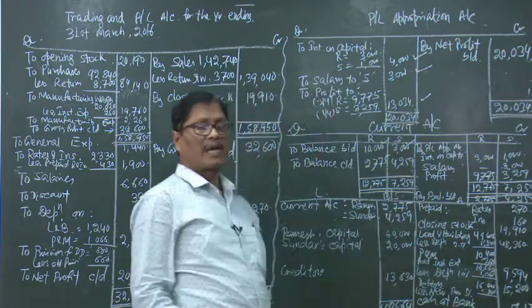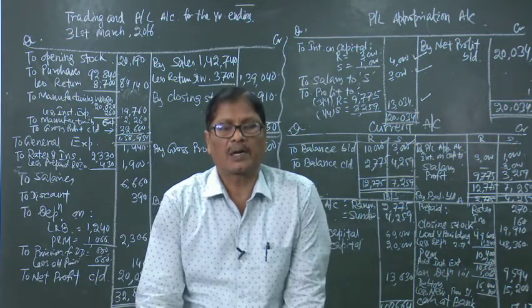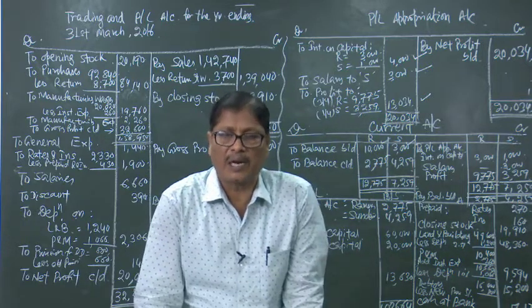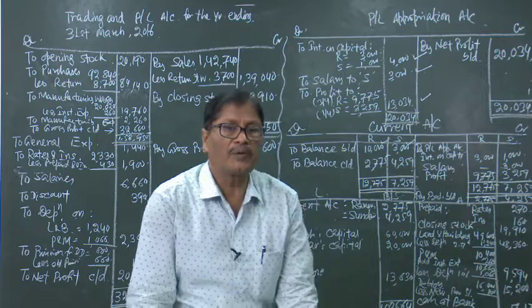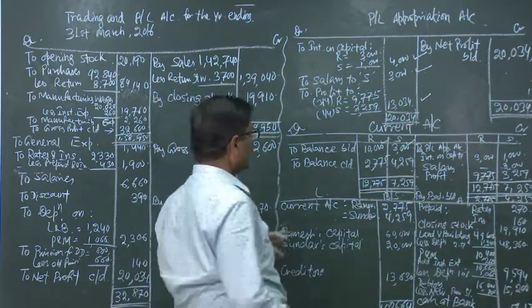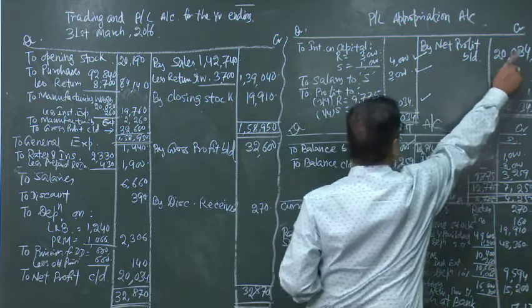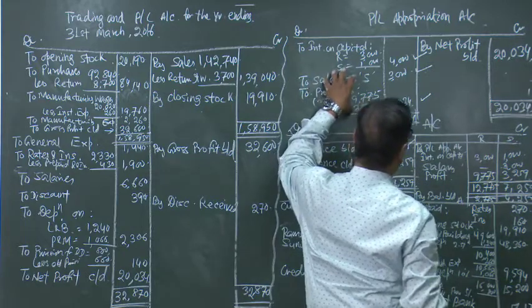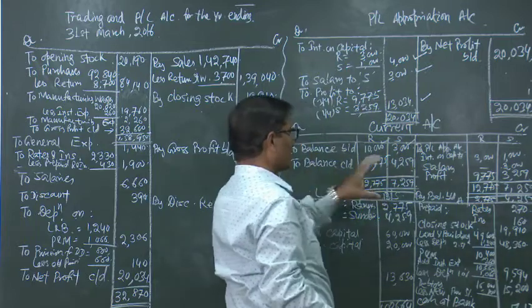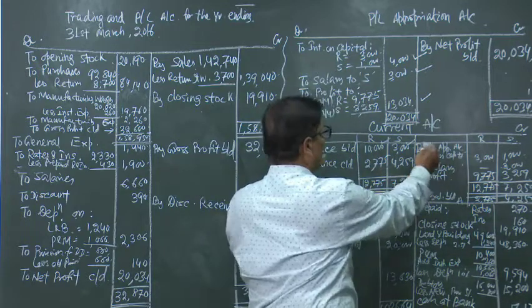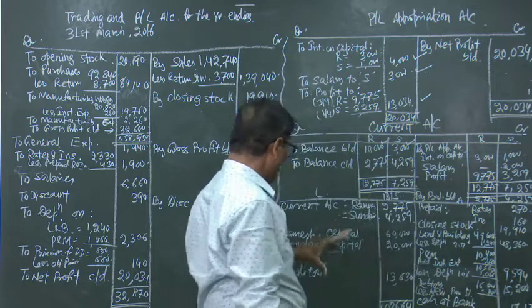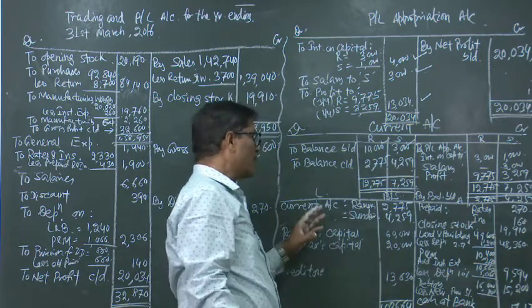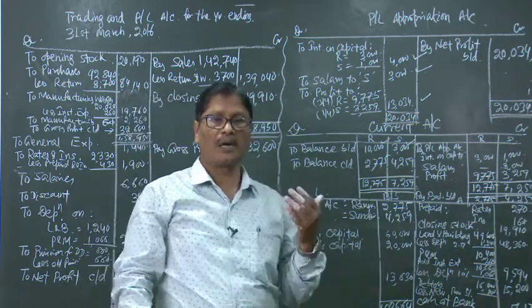And the capital can be fixed capital or fluctuating capital. If it would have been a fluctuating capital, then the capital account should have appeared here. All the credits and debits, whatever expenses and incomes they have got, that would have been accommodated there, and there would have been only one balance, that is the capital account. But here we have done it according to the fixed capital.